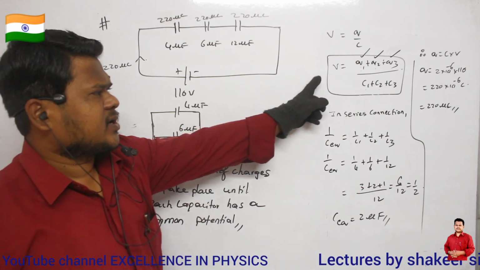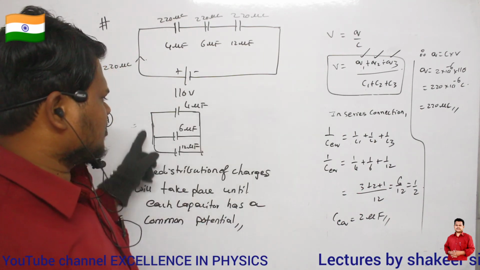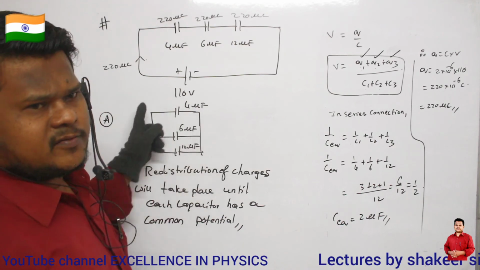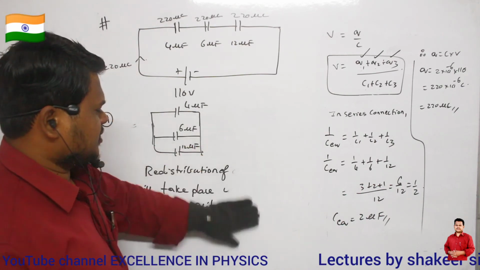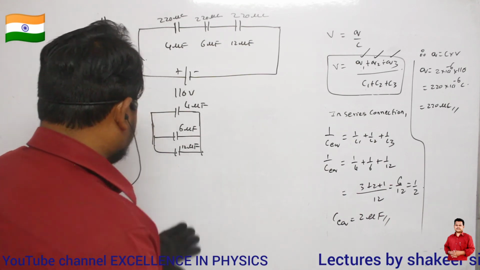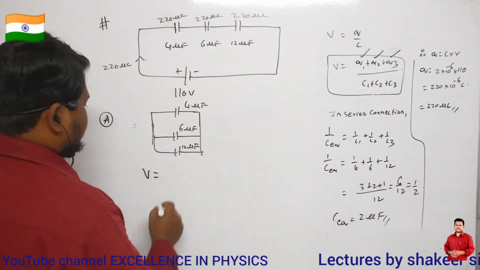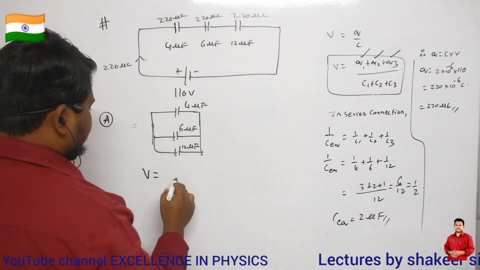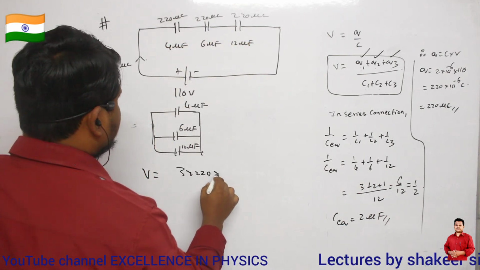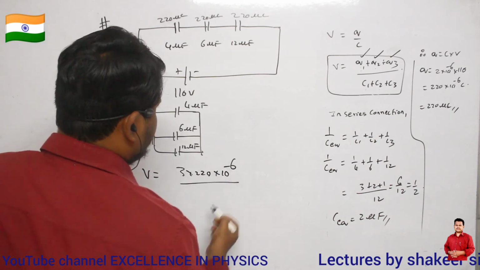Clear? Now, can't you calculate the total common potential if the capacitors are connected in parallel? Now I can calculate very easily. So the common potential is the charge present on each capacitor, 220, 220, 220. So 3 into 220 into 10 power minus 6, divided by